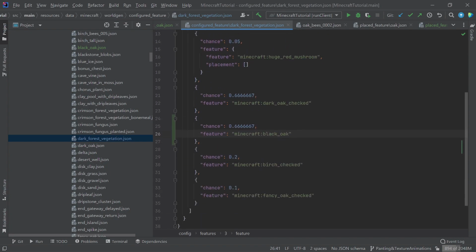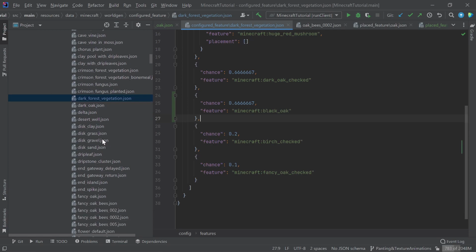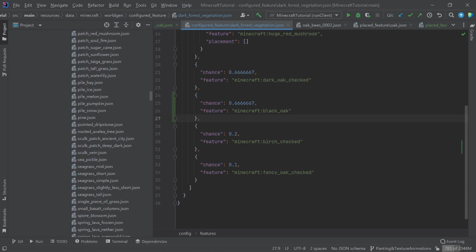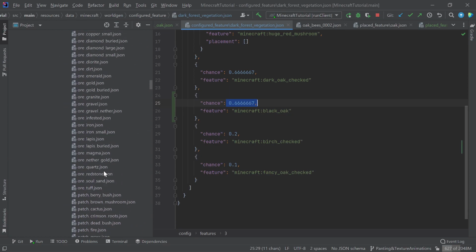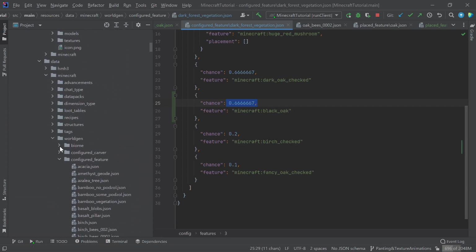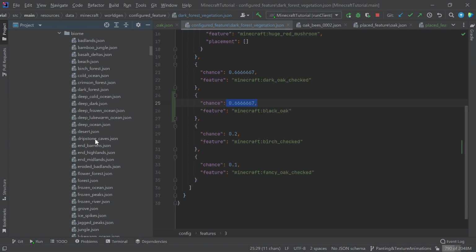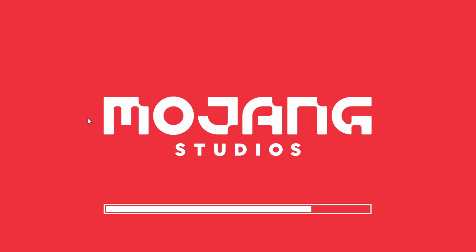From here, what we basically did is we said add the tree that we made and put it into this configuration. And now with this configuration, it is now going to be placed by chance into the placement features, right? And then this is once again called, if I go into, most importantly, because it said put it into a biome, into the dark forest. So now if we look up,